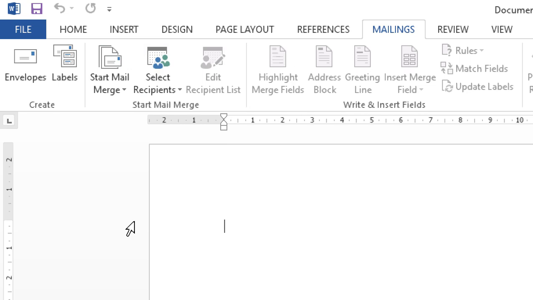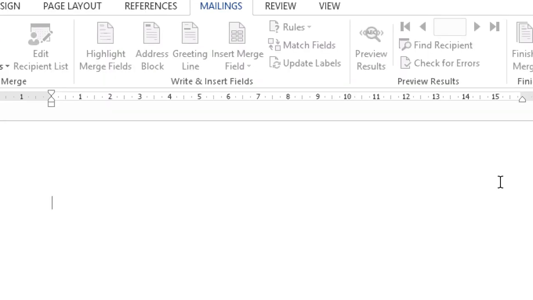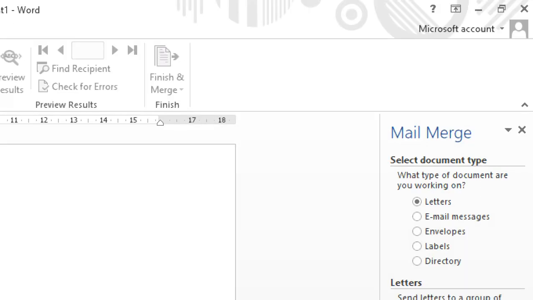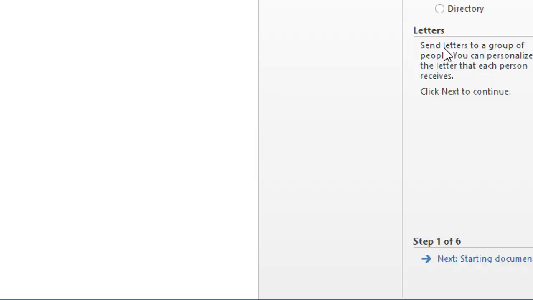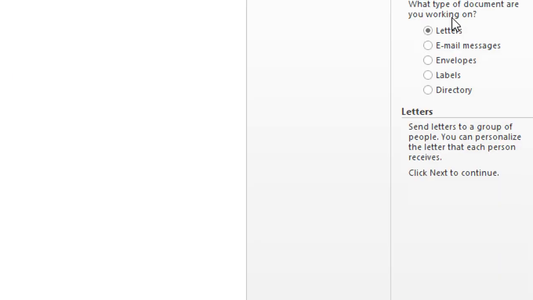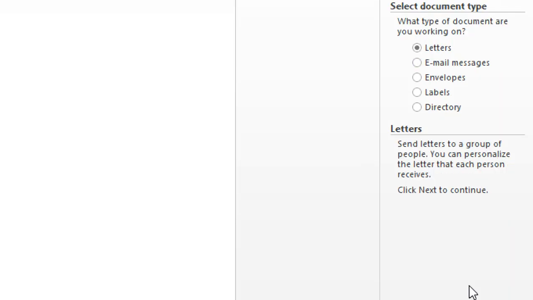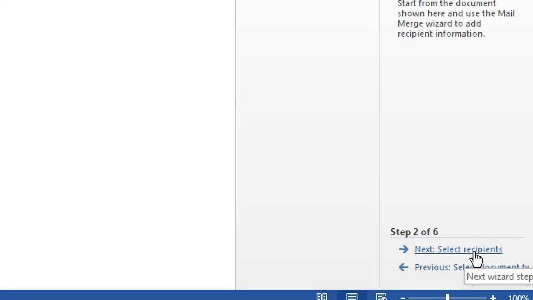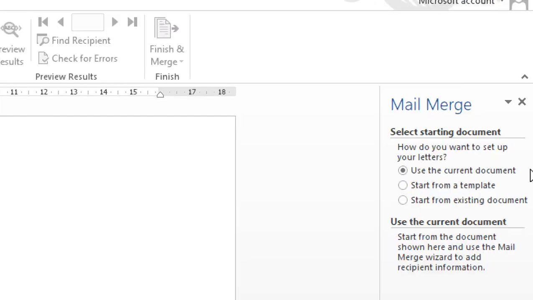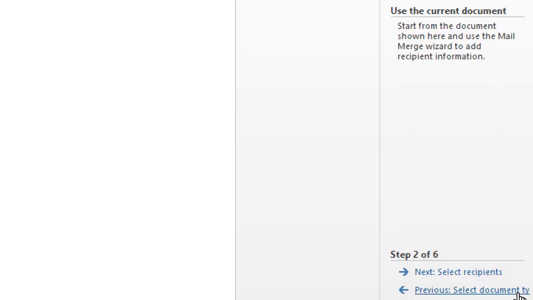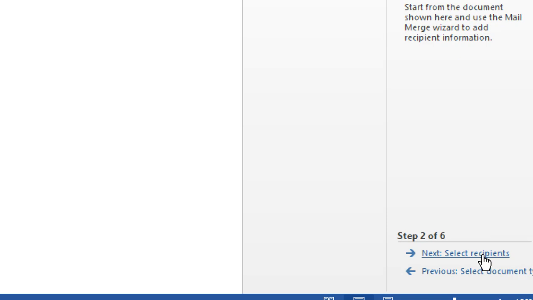Whenever you click on Step by Step Mail Merge Wizard, on the right-hand side one more panel comes with all the steps to perform the mail merge document. Clear everyone? Do you remember what we have to change in the first step? We are not changing anything in the first step, so directly go down and click on Next. In the second step, do you know which option we are going to choose? No, here also we are not going to choose any option, so directly go to the next step, the third step.